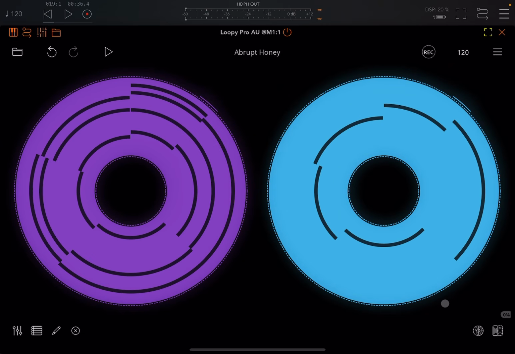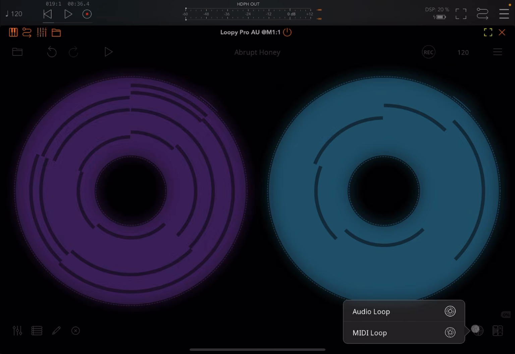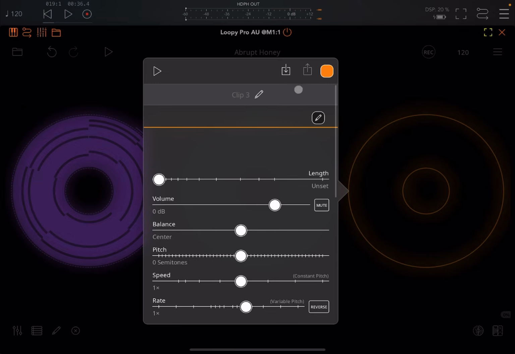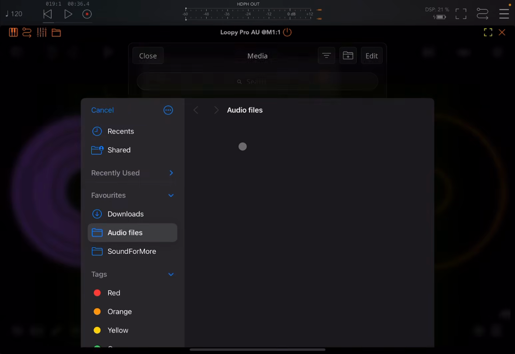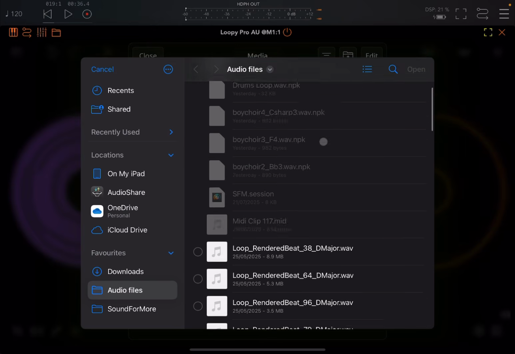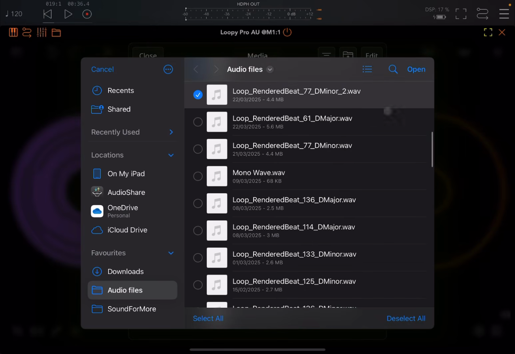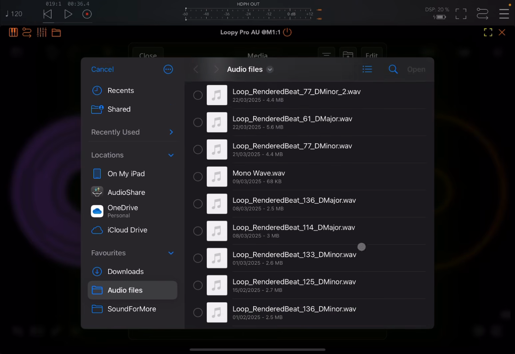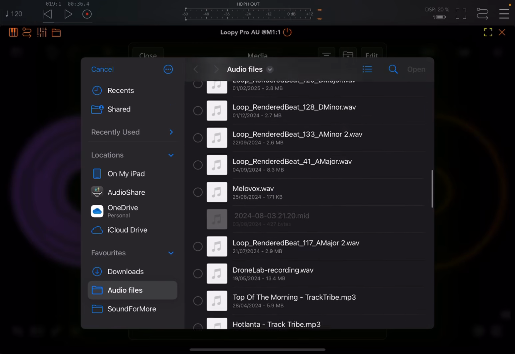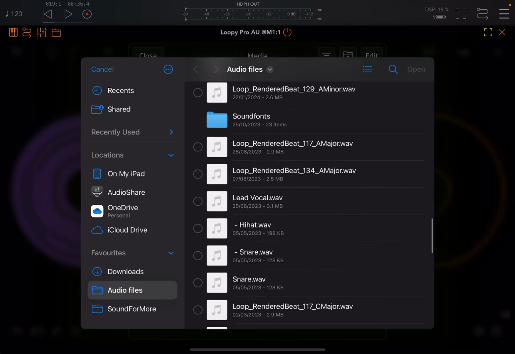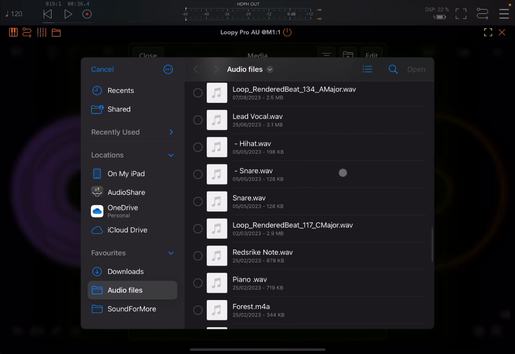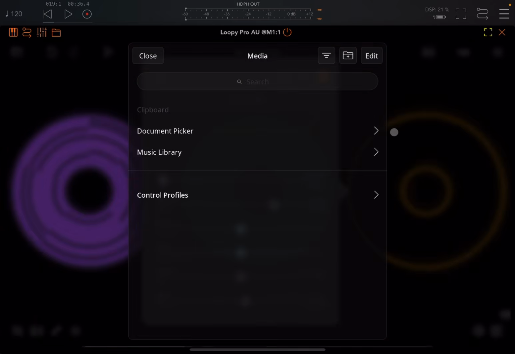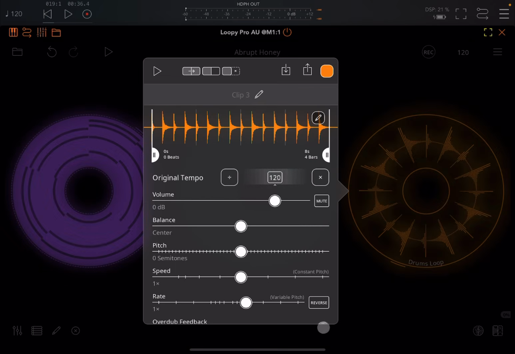Now you can add, for example, like so, an audio loop, right? Swipe up, import here, and go to the document library, go to these audio file folders, and then search, for example, for a MIDI drum loop. So let's see if we can quickly find one. There it is, and then click open, and then we can import it and select import, and we have it